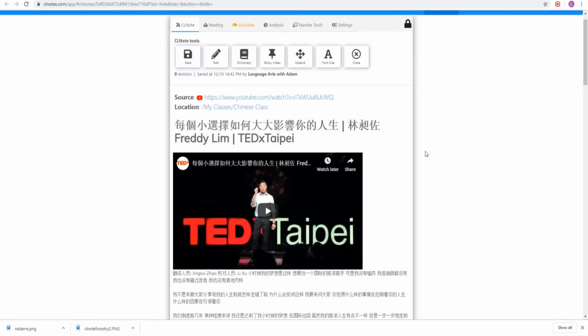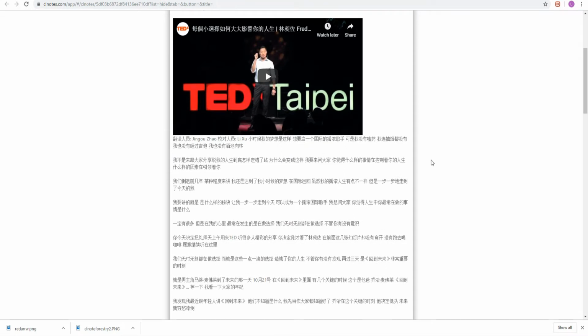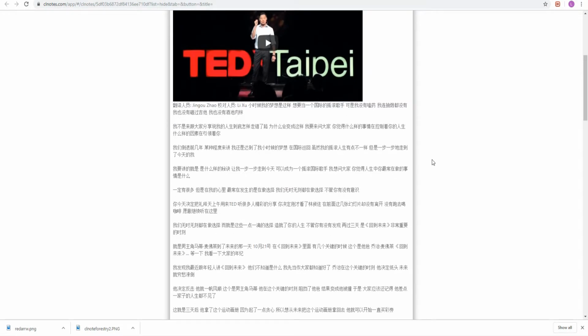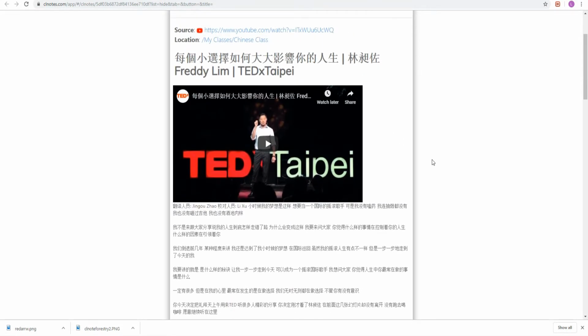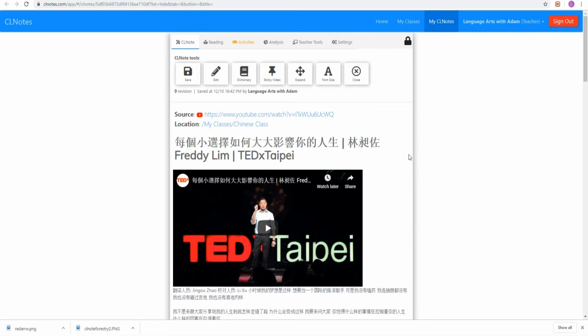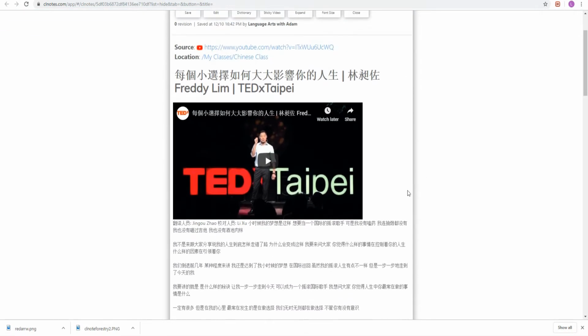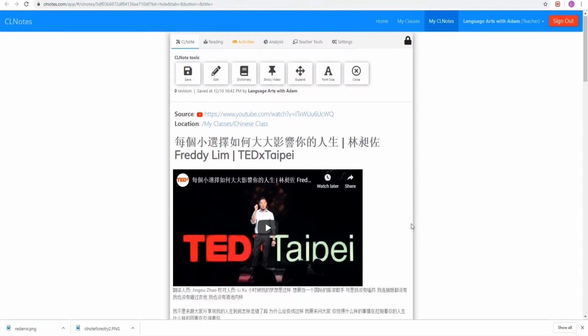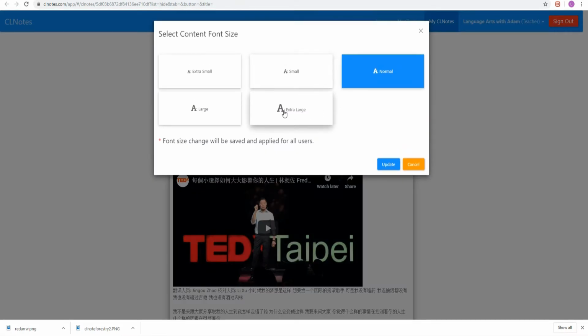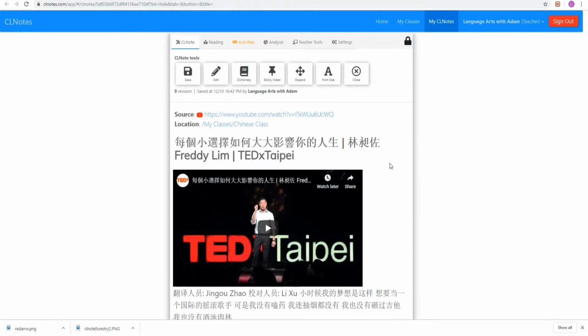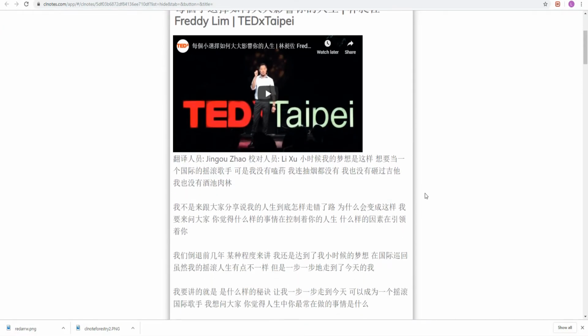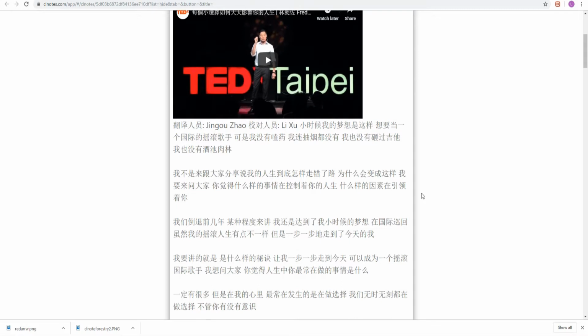So what that means is that we can go through this article here and we can choose different words and we can get the definitions of them right away. But before we do anything, I noticed that the text size is a little bit small for me. I like the text size to be a little bit bigger. So I'm going to click on font size at the top here. I'm going to click extra large. And now if we go down through this text, we can see that it's a lot bigger, a lot easier